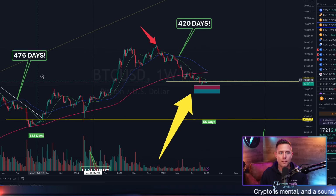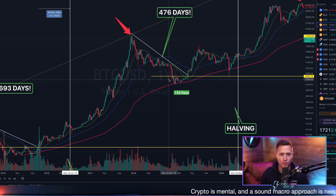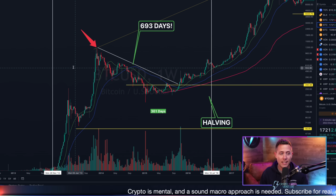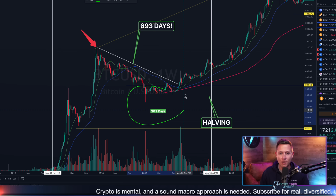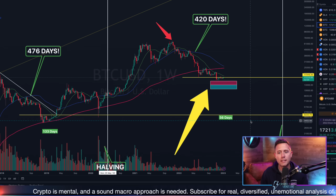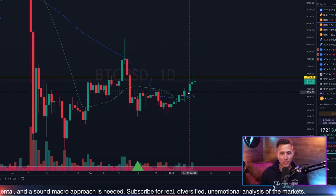We know in previous bear cycles, like 2018, it took 133 days for it to kind of bottom out before exiting. And then in 2015, it took 301 days, right? So we're pretty early in this bear market formation. So this would be a very big deal if Bitcoin diverges from previous bear market lows and actually explodes through